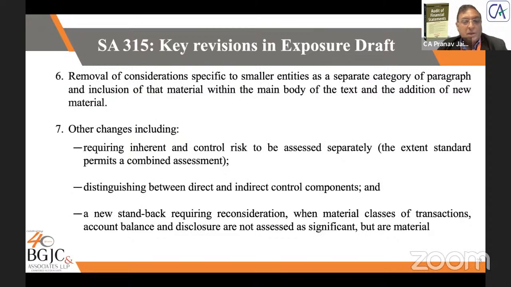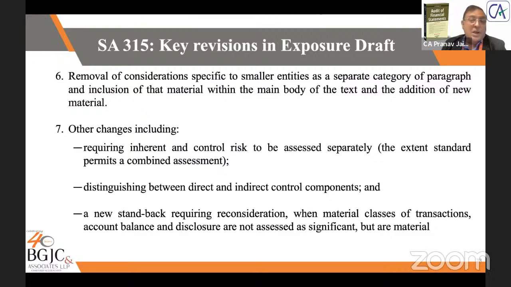Again, a new standard requirement requires reconsideration when material classes of transactions, account balances and disclosures are not assessed as significant but are material. So what it says is, once you have done the risk assessment procedures and concluded a particular class of transaction or account balance or disclosure has not been identified as significant, but it is material, reassess whether there is any risk of material misstatement. So this is a new requirement. Again, if you ask me, indirectly this was to be done, but this is now more explicit in the standard. The standard also has very detailed guidance on